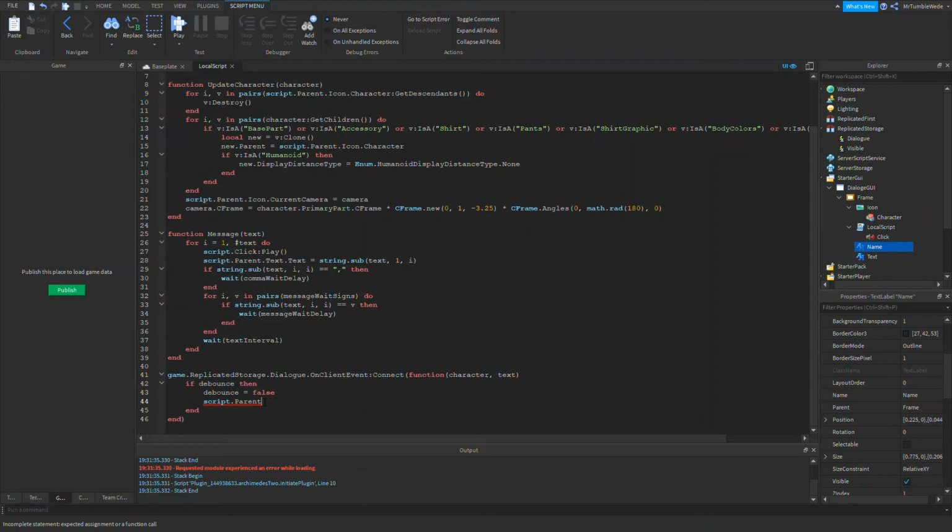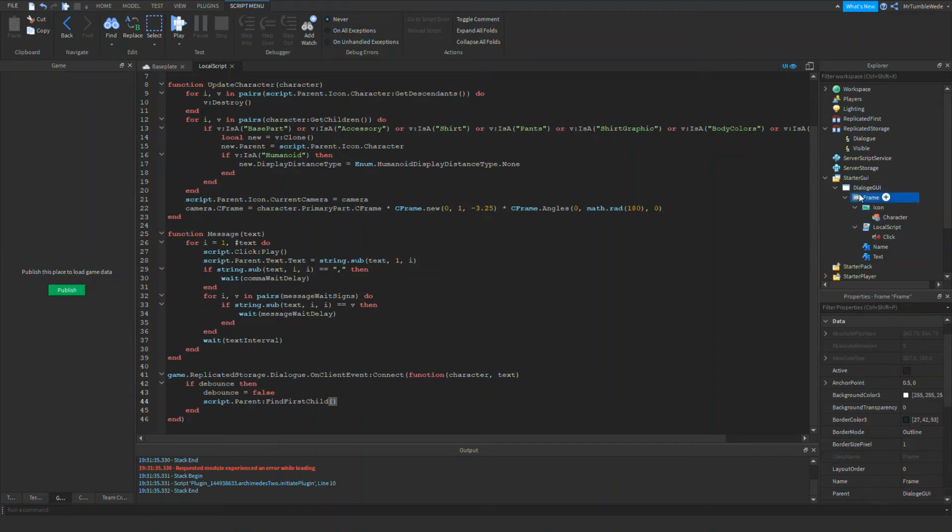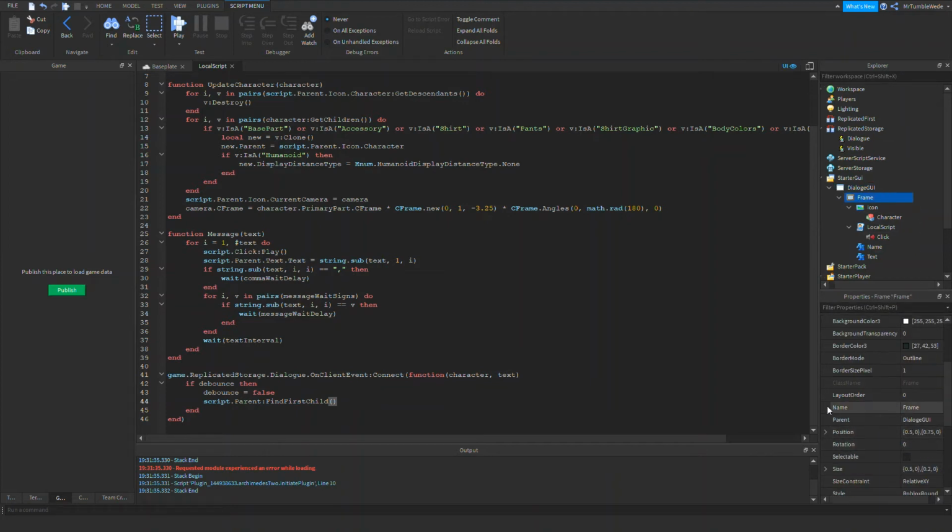But if you're like me and you want to use the name, then you would have to put in FindFirstChild. Otherwise, it would think you mean the name property over here, not the name over here. So we have to put FindFirstChild name, okay, and then we would put .Text equals, and we can simply do character.Name.